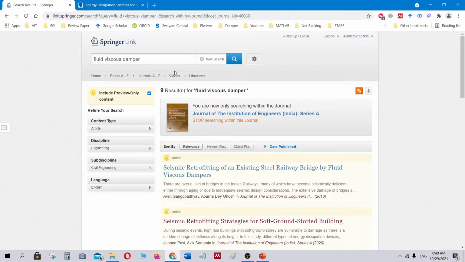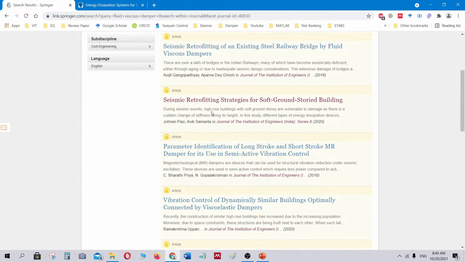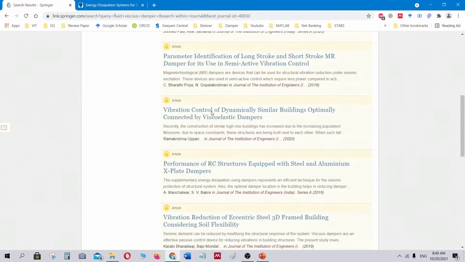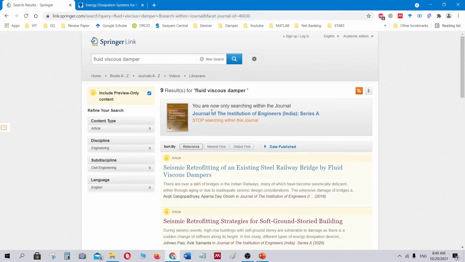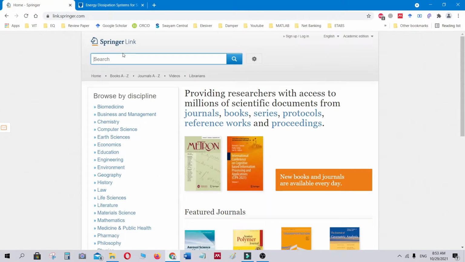And the journal which has this keyword shows the result. So you can search within a journal. So this journal consists of only 9 results related to fluid viscous damper. Now you can even search the journal name in the search bar and search an article in the journal.